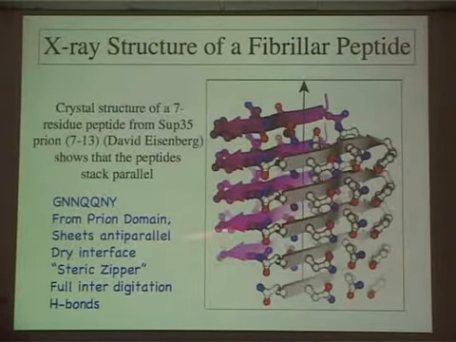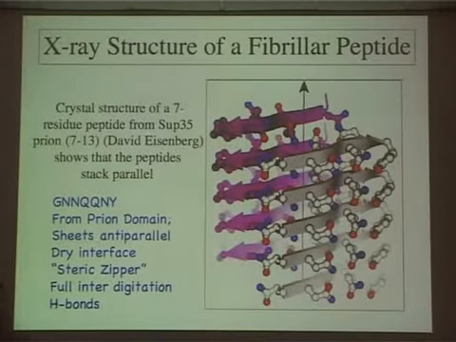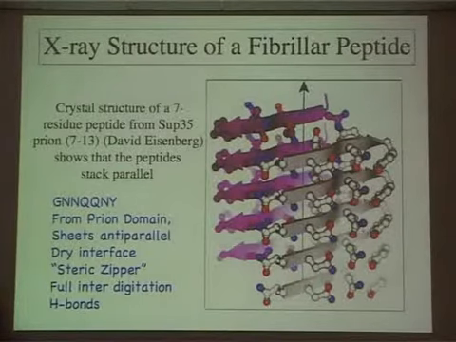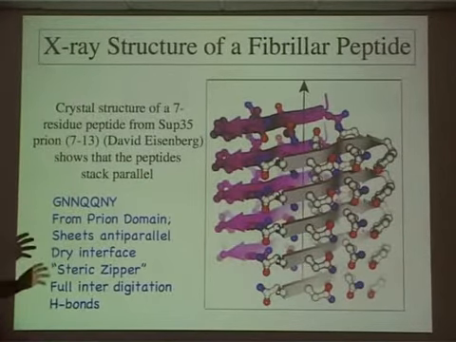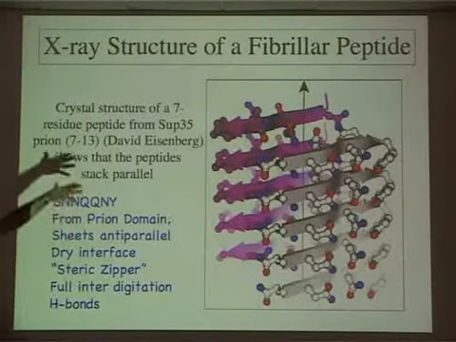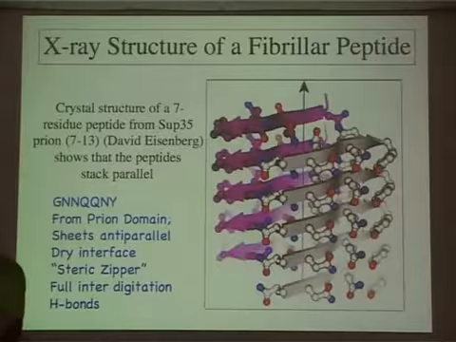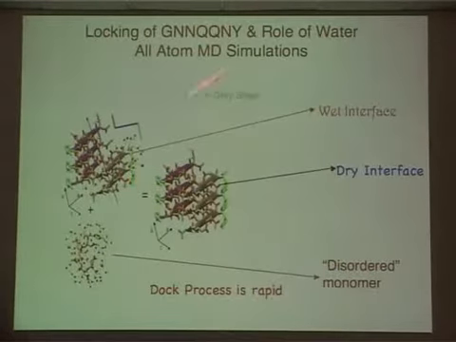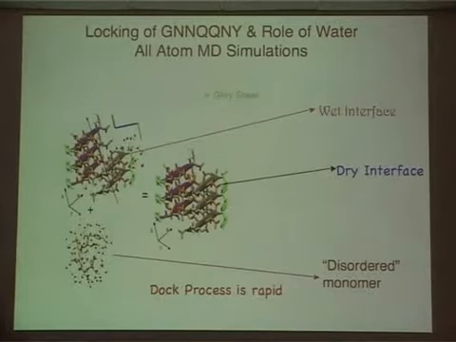And the side chains coming from NNQQNY across the sheets are fully interdigitated. It's a very beautiful structure, stabilized by hydrogen bonds. And so you have a dry droplet of this protofilament, although it's infinite, of course, in this direction and this direction. Okay. If you take this sheet of some finite size, about 8 to 16, and put it in water,